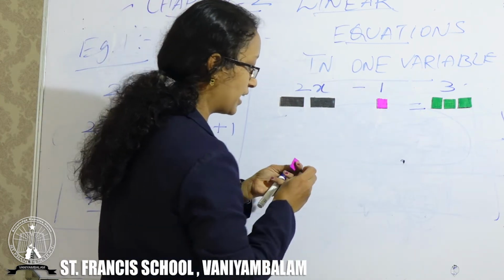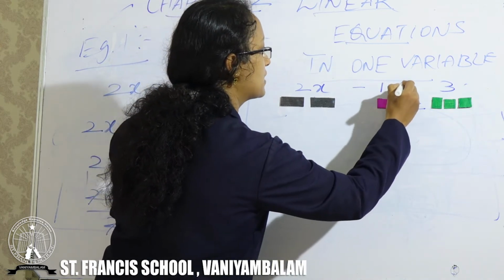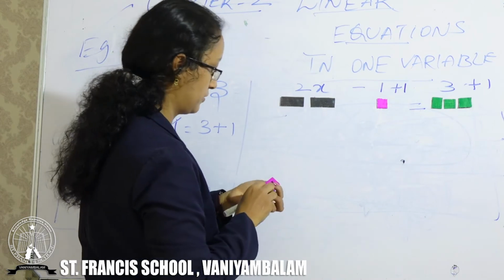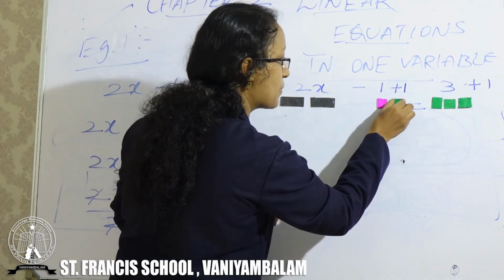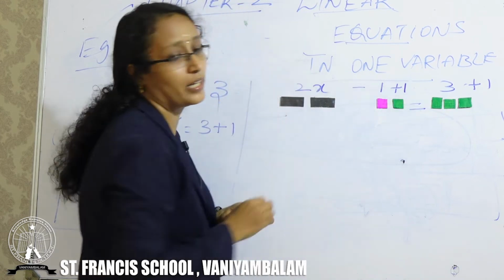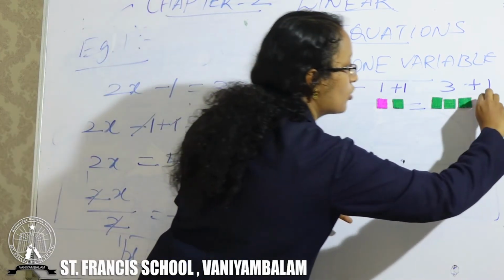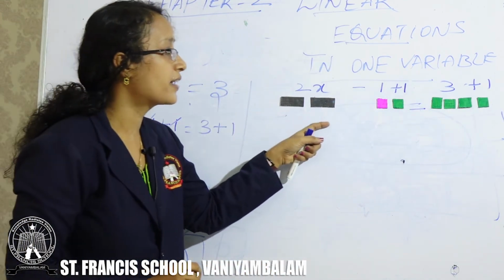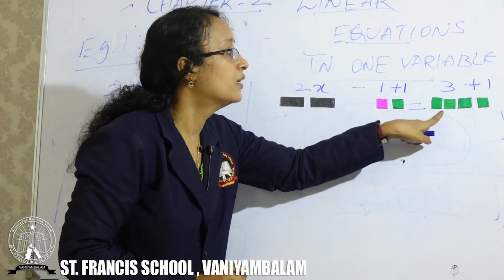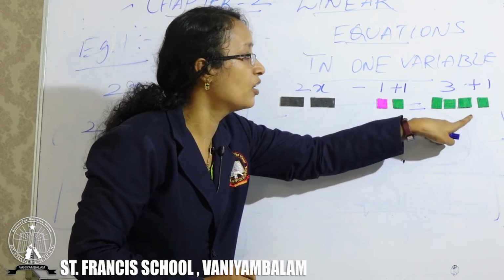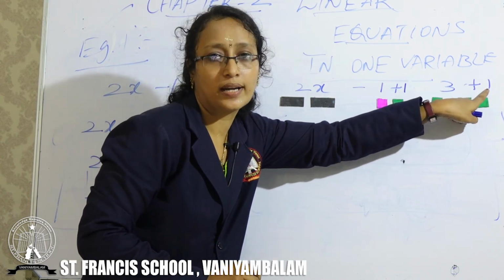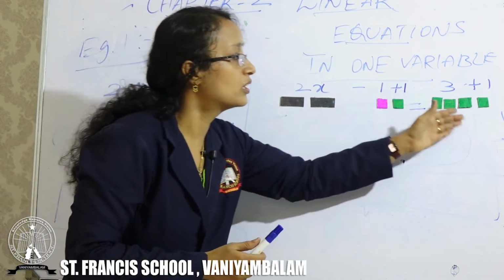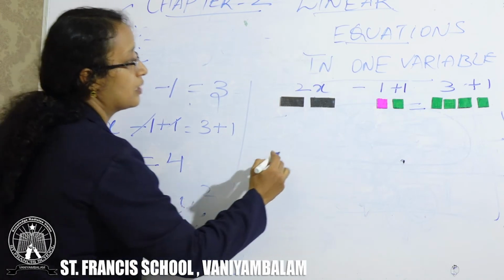So if I am adding 1 on both sides, what happens? Just add, this is a positive constant, so I am adding 1. And next, here also positive constant, I am adding 1. So you got it, right? 2x minus 1 plus 1, and you have 3 already here. I add 1 here because the equation will not get disturbed. I am adding 1 on both the sides. Now what comes next?